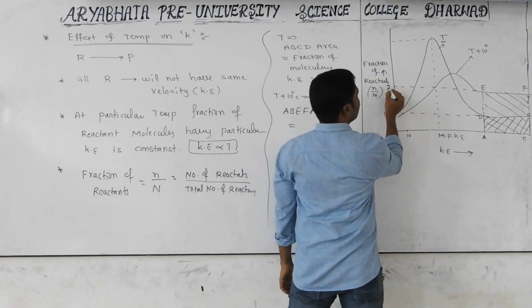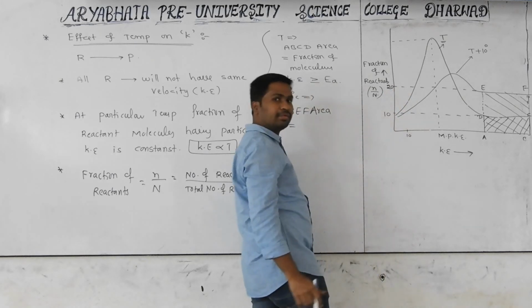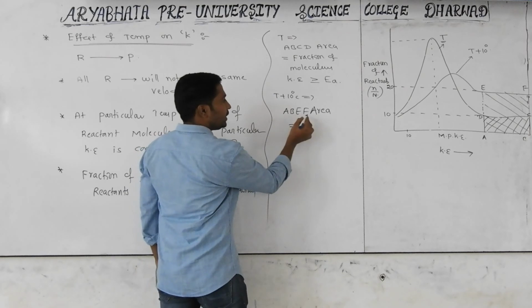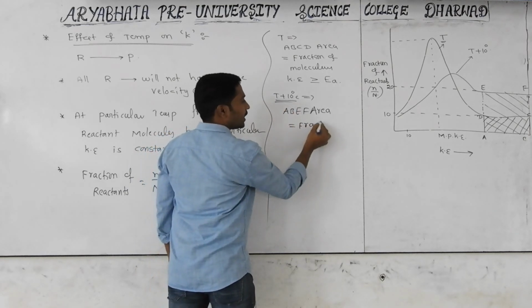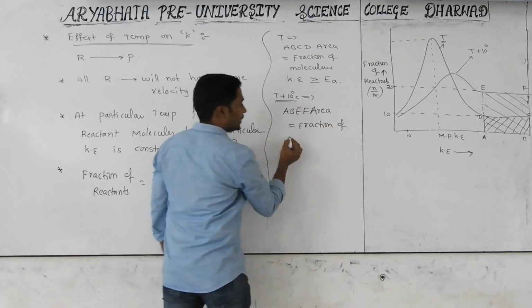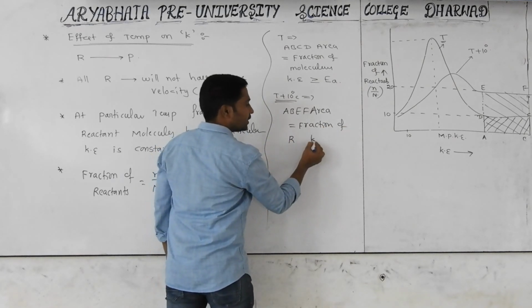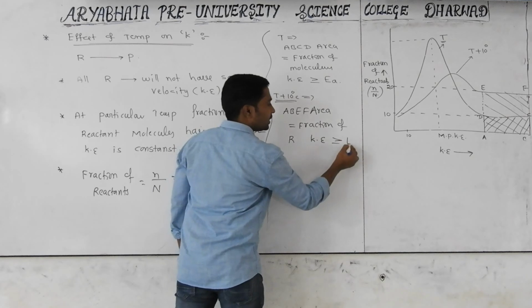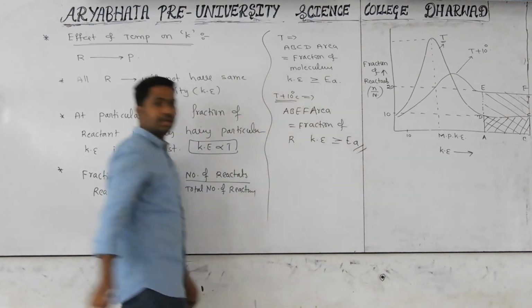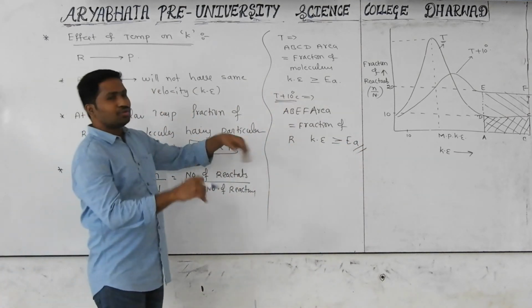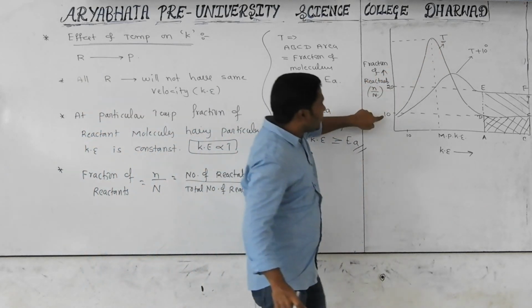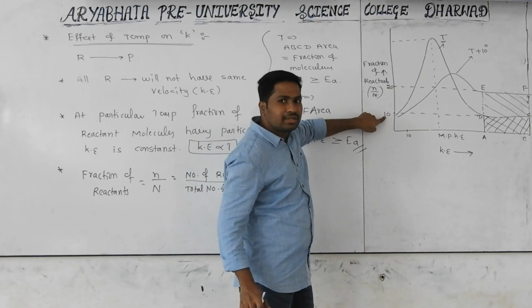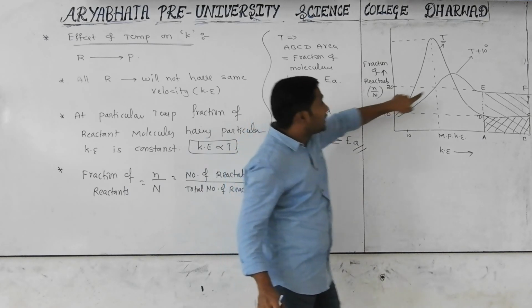It is around 20. Are you agreeing or no? Definitely. So the ABEF area gives the information regarding the fraction of reactants whose kinetic energy is greater than or equal to activation energy. From this only we can tell. At temperature T, how many molecules have more kinetic energy? 10 molecules. But by raising